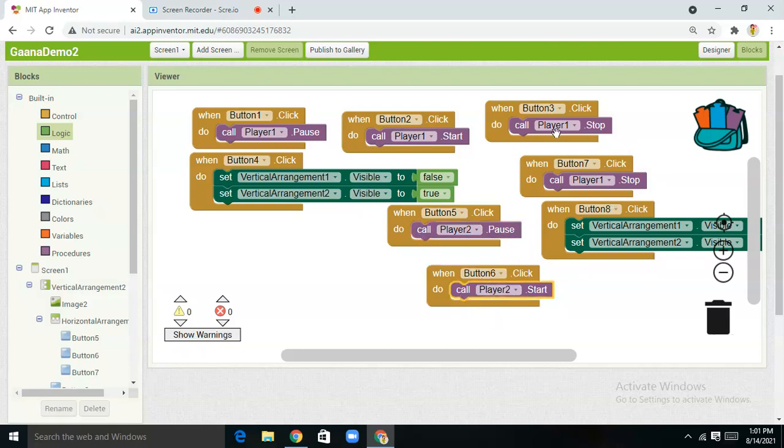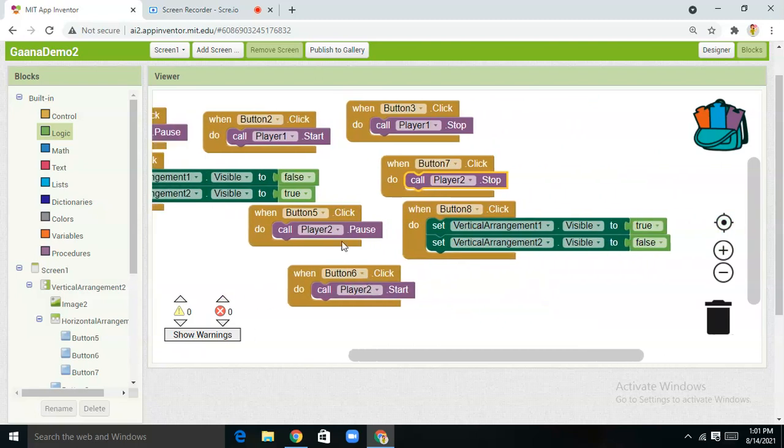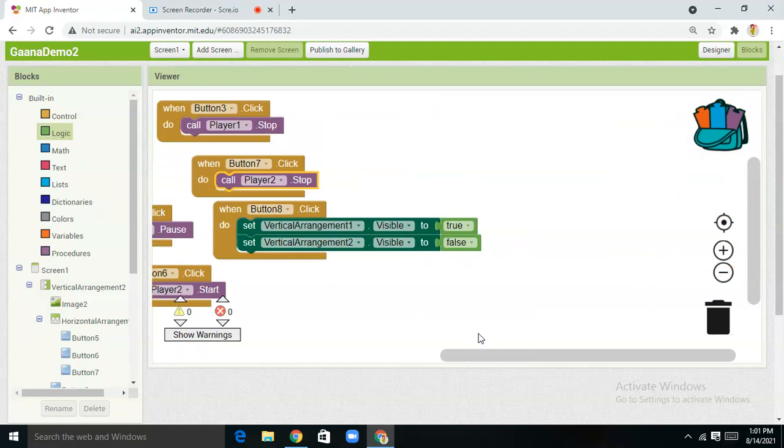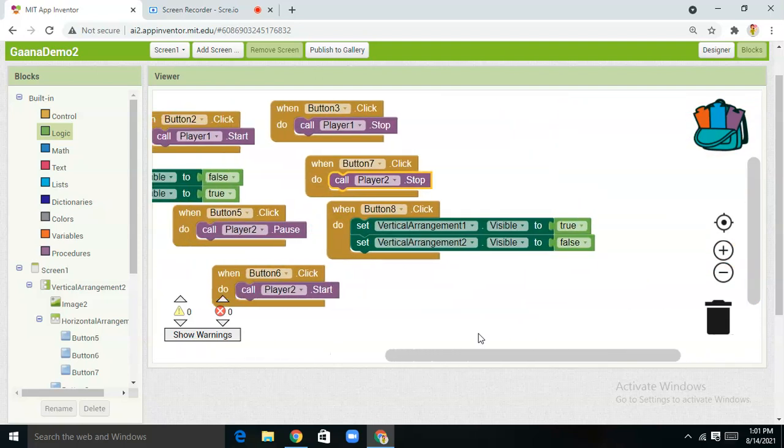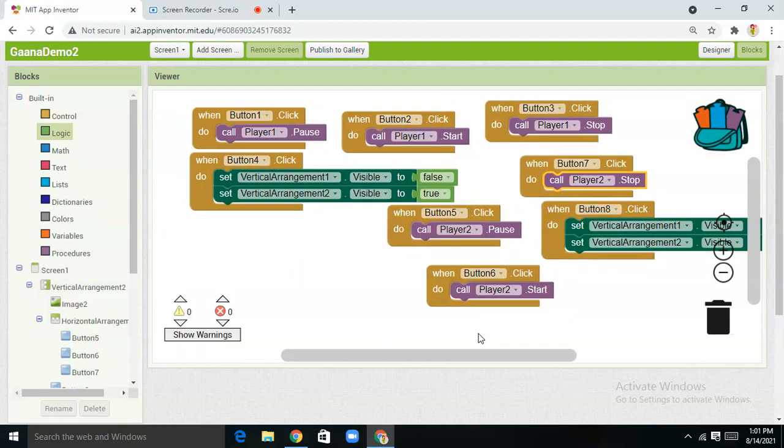तो अभी हमने यहाँ पे प्लेयर 1 लगा रखा है, राइट. बटन 5 के लिए वी वांट प्लेयर 2, बटन 6 के लिए हमें क्या चाहिए अगेन, प्लेयर नंबर 2, बटन 7 प्लेयर 2, एंड बटन नंबर 8 तो हमें चाहिए नहीं यार, player 2, because we wanna start another song, right. तो उसके लिए क्या है यहाँ. So yeah, actually this is the whole code part, and yeah, even if you want, you guys can take a snapshot or a screenshot of this code so that you can do it further.